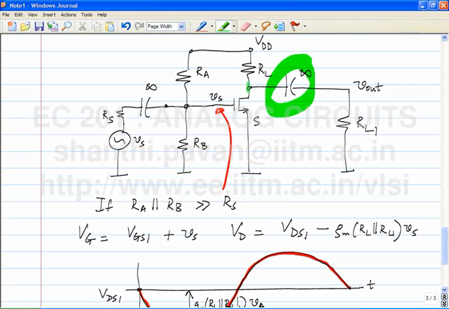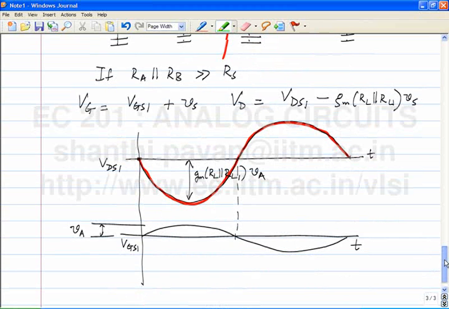So the waveform here will be riding over a DC value of VDS1. The waveform at Vout will be riding over a DC value of 0. So the waveform in red here shows the absolute potential of the drain. Similarly, the waveform in black shown below shows the absolute potential of the